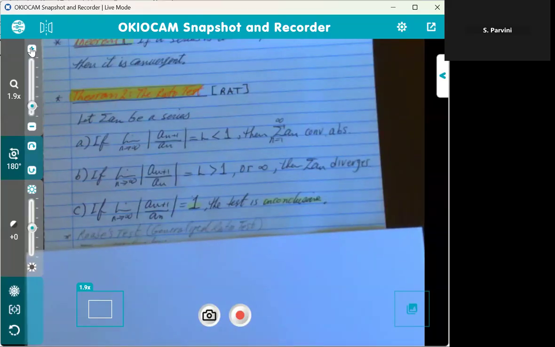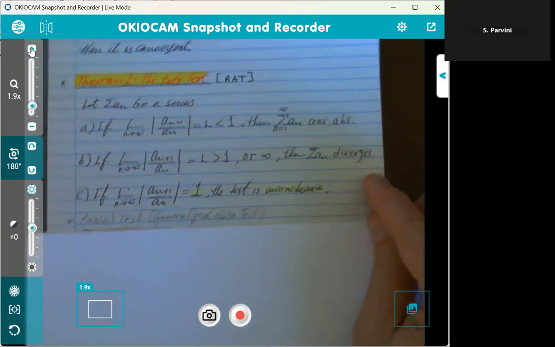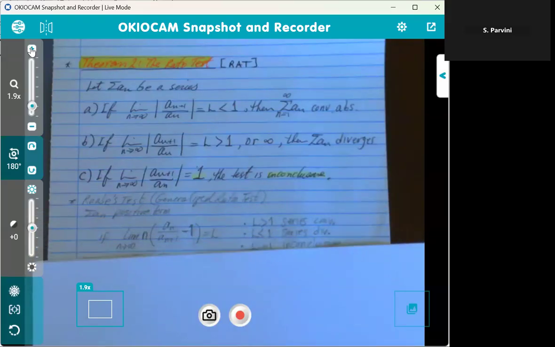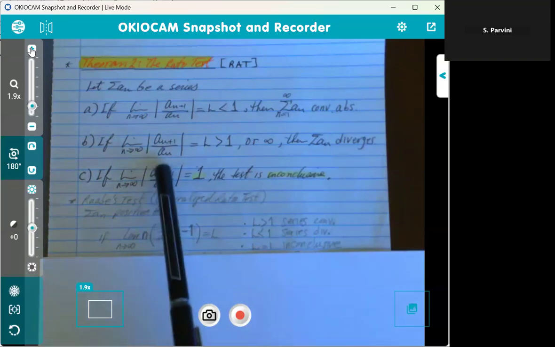They're not in what we were doing. We have enough tests, so we don't want to add more to it. But nonetheless, you can follow it. And this is actually what Raabe's test is. It does require that a_n be a positive term in this case. And instead of looking at the absolute value of the ratio of the next term to the term before, it